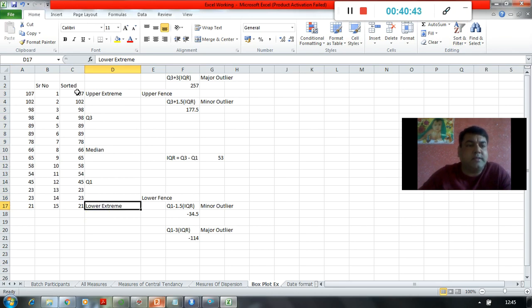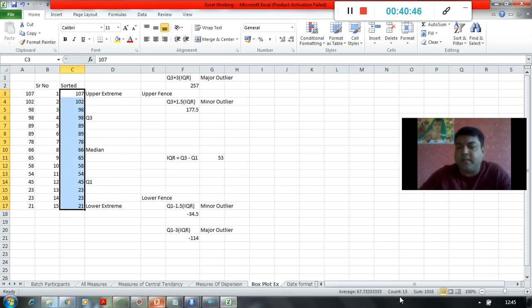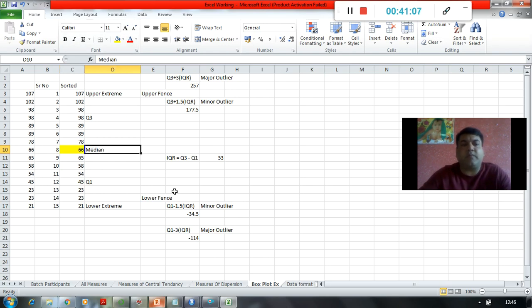Now you can look at this. There are 15 total different values, right? So the median is obviously going to be this, because there are 7 above and 7 below. So this is going to be my median, right? When I pass on the data, the box plot first of all calculates the median. So it internally arranges the data into ascending or descending order and calculates the median.